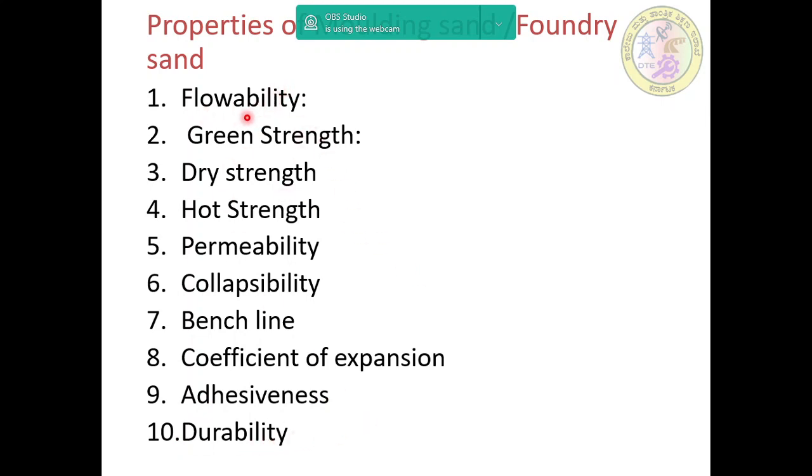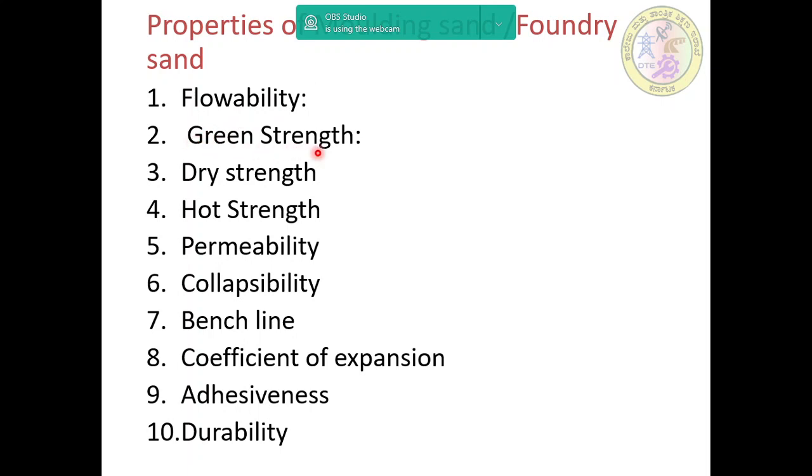First, we will take flowability. It is the ability of the sand to flow easily and cover all the contours of the pattern, thus taking the desired shape. The sand with flowability gets compacted to a uniform density. Energy during ramming gets easily transmitted through the sand if the flowability is good. Clay and water addition influences the flowability, and good molding sand should have good flowability.